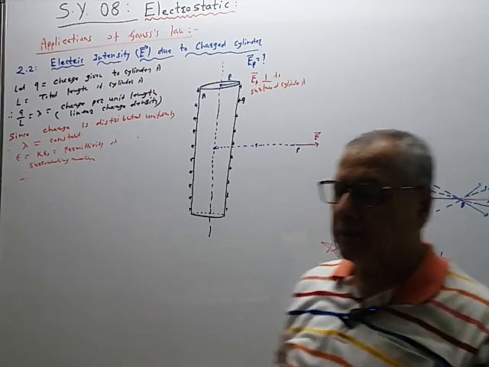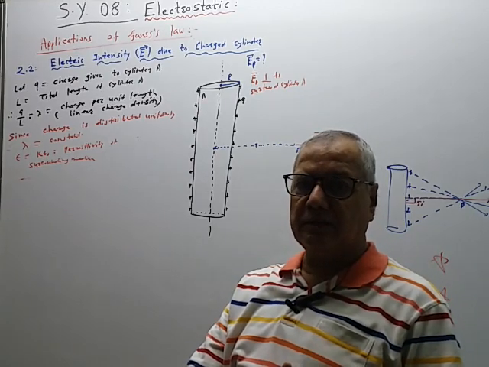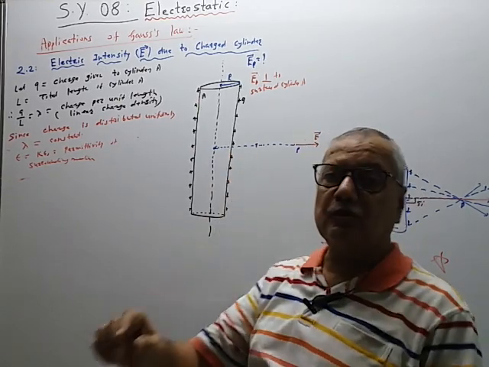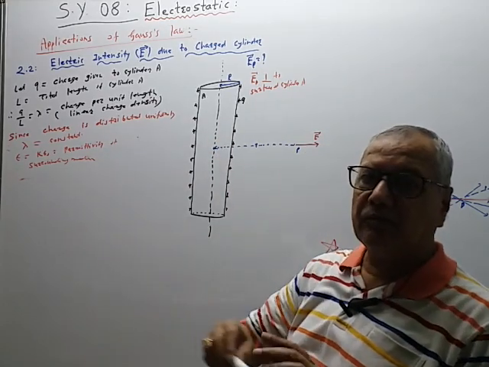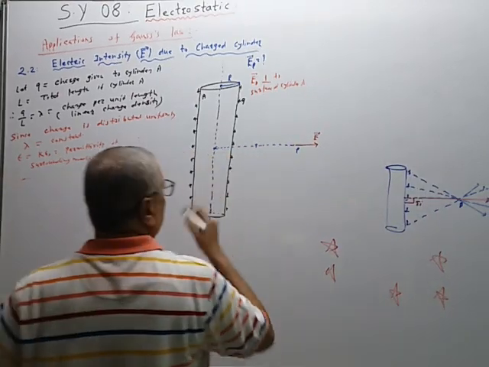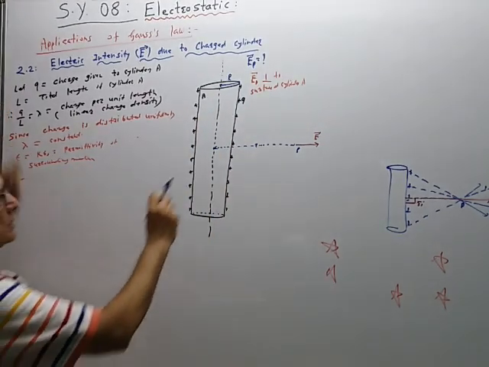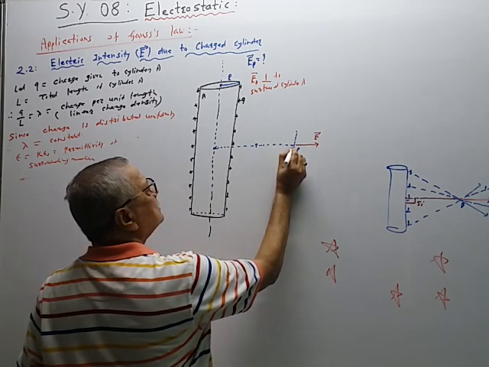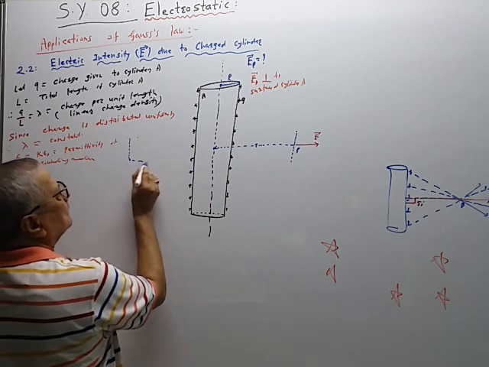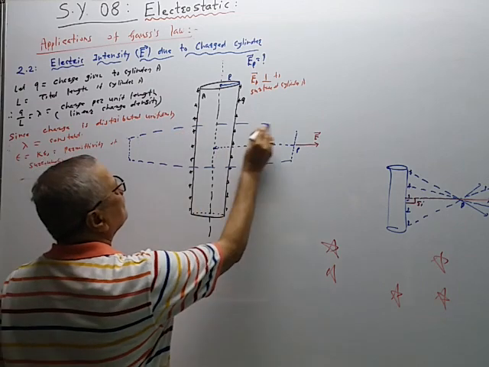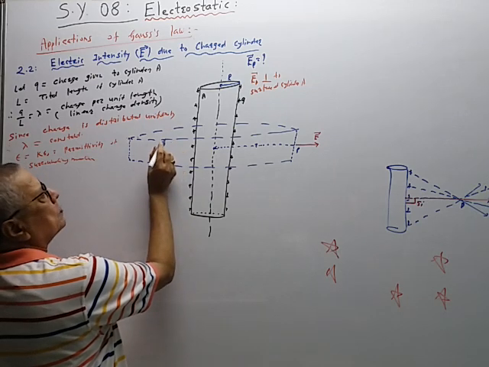And for that purpose, we will imagine a Gaussian surface. It is imaginary. In the figure, we draw the imaginary surface dotted, and we give it a cylindrical shape. So I will add one more cylinder, a dotted cylinder, whose radius is r. The radius of this one is capital R, the radius of this one is small r, and the length is small l, the length of the imaginary cylinder. So this is the imaginary cylinder B.